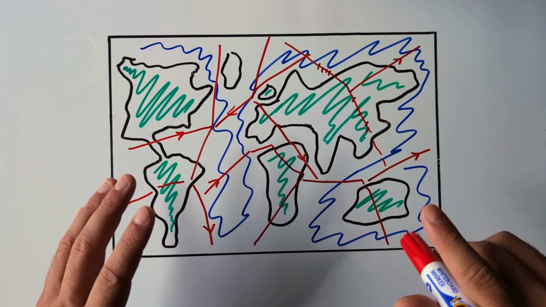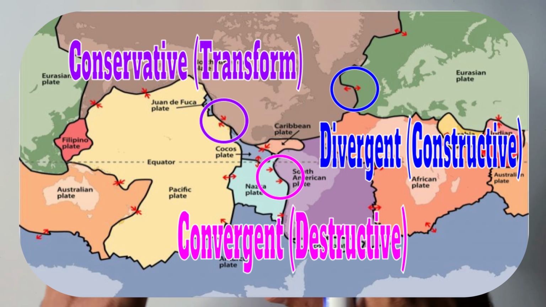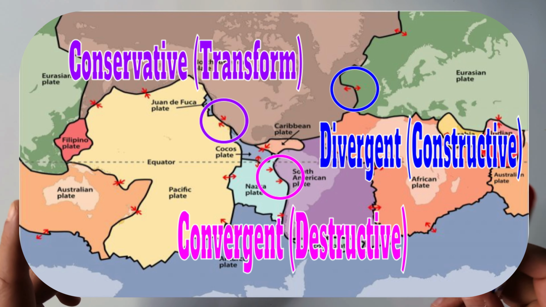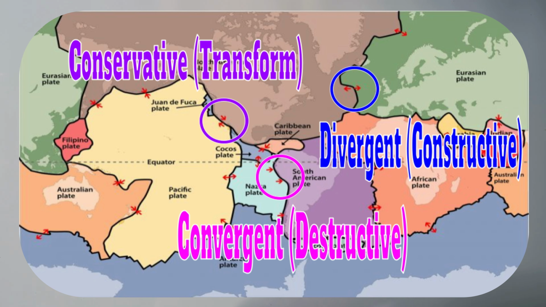I'm now going to flash up an actual world example of the tectonic plates that exist in this world. What you can see here on this map are lots of different examples of tectonic plate boundaries, but I'm going to focus in on three. There are three different types of tectonic plate boundary. We're going to call them in this video